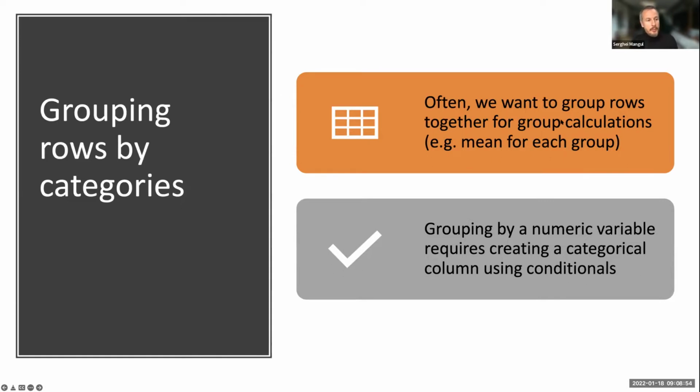Sometimes you need to group rows by some categories. So what do we mean by that? Often we want to group rows together for some group calculation. For example, you have a huge table with patients, some of them are females and some of them males. We know how to compute the mean, the average